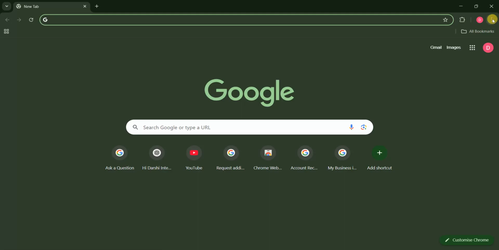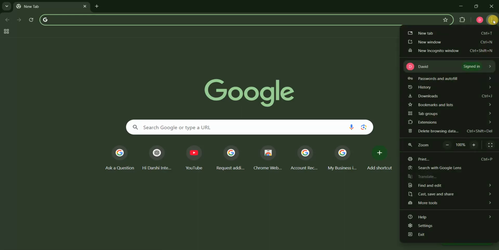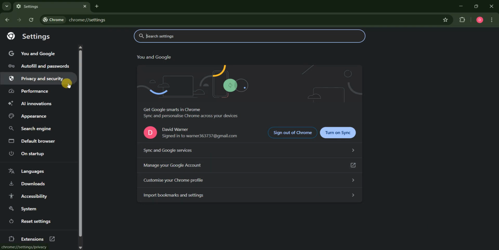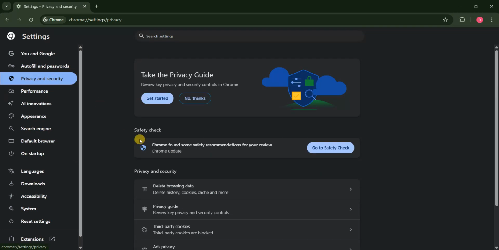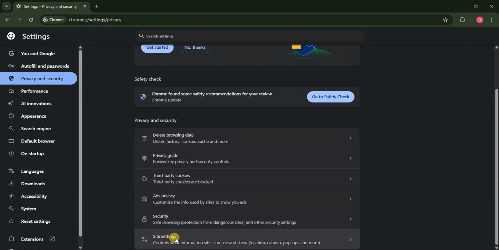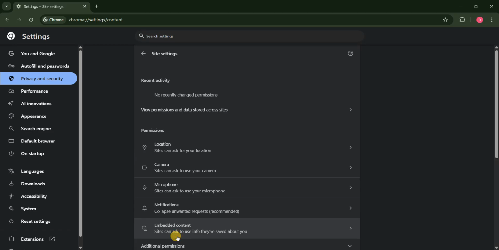As you can see in the right top corner here, three dots, click on here. Now move to settings. In the second last option, you can see your settings. Open it. Now move to privacy and security here, click on it. Now you can see here different type of options, so you have to move to site settings and